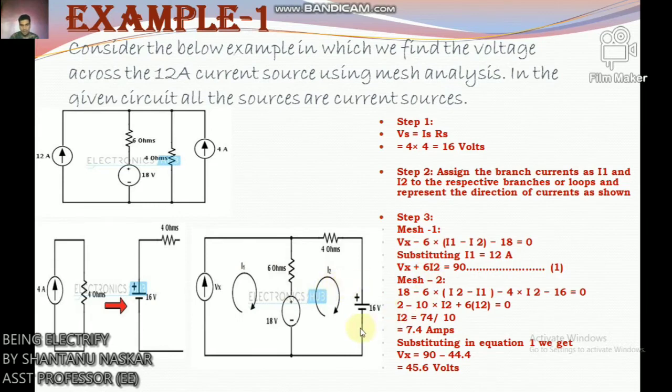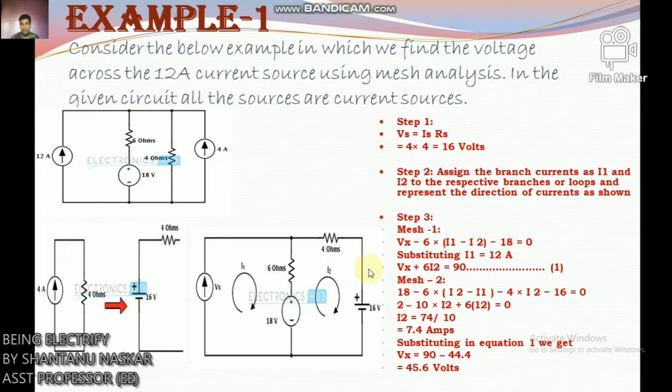Substituting I1 equals to I2 ampere, we can write Vx plus 6I2 equals to 90. This is equation 1. Now mesh 2, 18 minus 6 into within bracket I2 minus I1